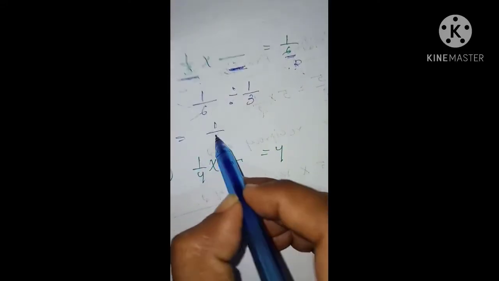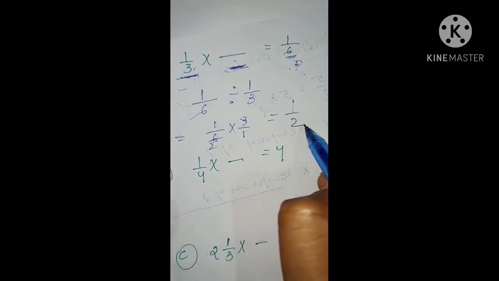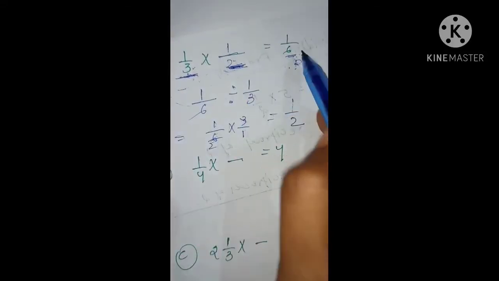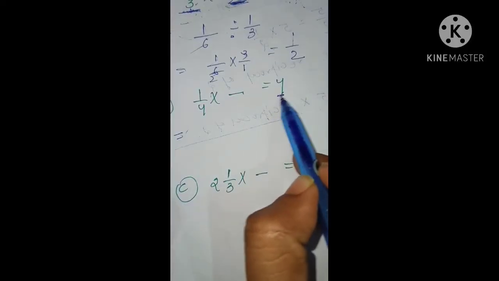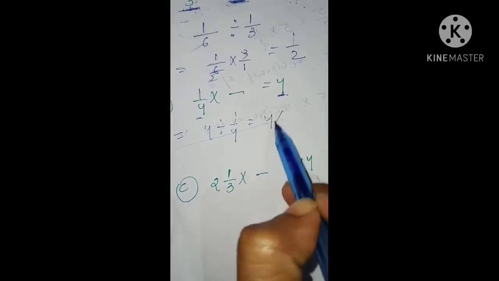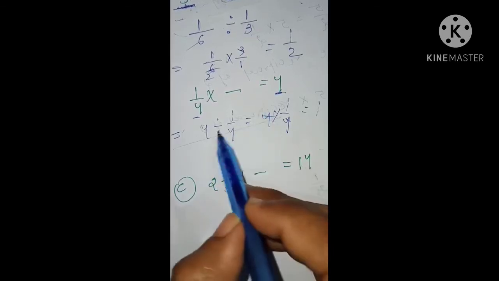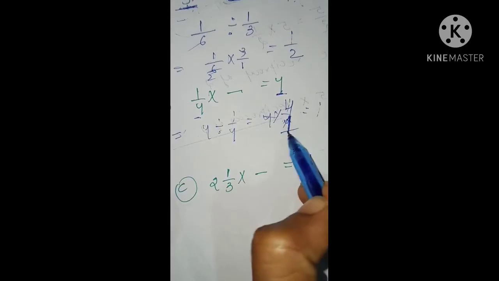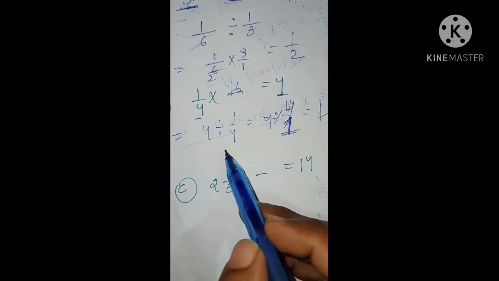So now you can solve: 1/6 multiplied by 3/1. 3 times 2 is 6. So 1/2 is the answer. Now you just put it here: 1/3 times 1/2, 3 times 2 is 6. So this is the result. Similarly B number. I told you here it is right hand side divided by left hand side. So 4 divided by 1/4. So this multiplies as 4 by 1... sorry, there was a mistake. Here it will be 4 times 4 equals 16 is the answer. So here it is 16.